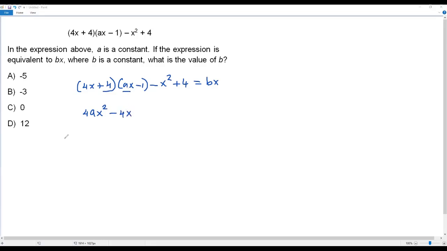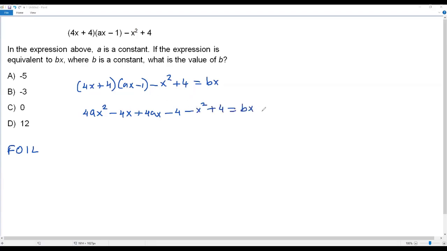In the FOIL method, first we multiply F, the first terms, and O, outer terms. Then the third letter is I, that is inner terms. The last letter is L, last terms. So far we have completed multiplying the first terms 4x and ax, and the outer terms 4x and negative 1. Now I'm going to multiply the inner terms 4 and positive ax, and it will be positive 4ax. Now I have to multiply the last terms 4 and negative 1. 4 times negative 1 is negative 4. And also we can write the rest of the expression, that is negative x² plus 4